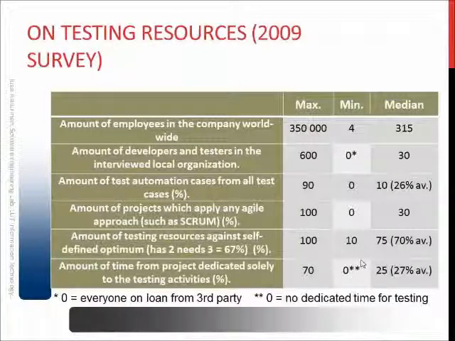The really interesting number here is the amount of testing resources against self-defined optimum. Here, reminding you that the calculation method is that if the organization has 2 full-time testers and they think that they would need 3 to get everything done in their organization, it would say that it's 67% of the amount. Some organizations actually said that they have everything they need, no problem at all. And even the minimum number,